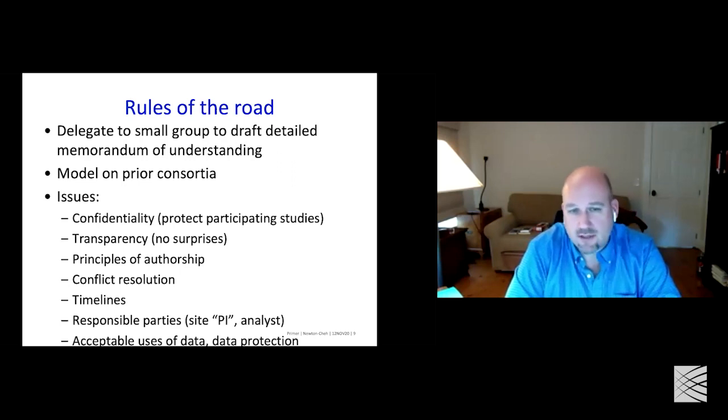It's important to establish principles of authorship, and it's not so easy. There's a tension between allocating authorship or identifying who the leads will be to do the heavy lifting on a project, and figuring out exactly what the order of authors will be. So general principles at the outset are quite important to articulate, and then can be drawn on as questions of authorship are mediated down the line. There needs to be some mechanism for conflict resolution, which inevitably arises in various ways, and I'll touch on